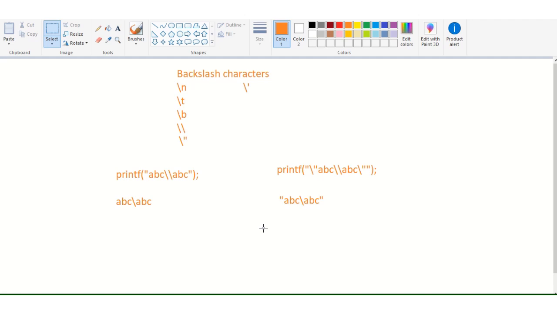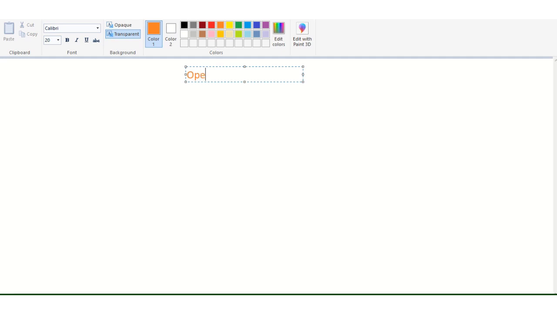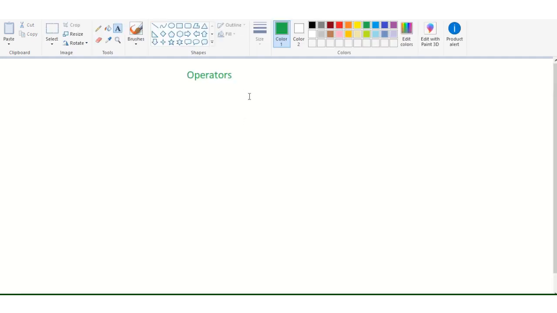The next topic of our today's session is operators. What do you mean by operators? If someone asks you in general English language, what is the meaning of operators?